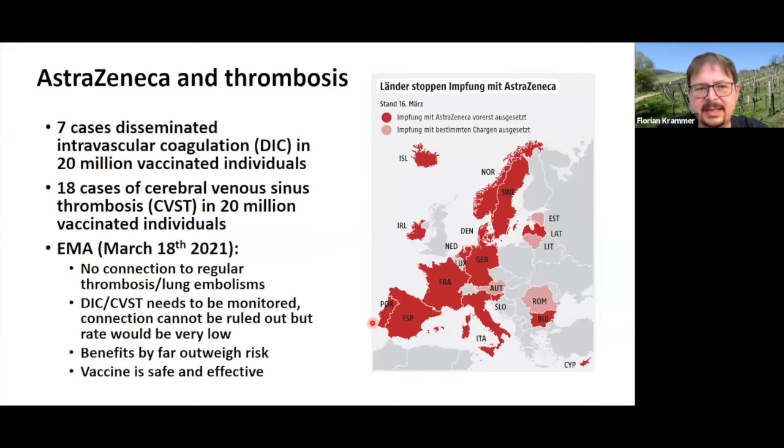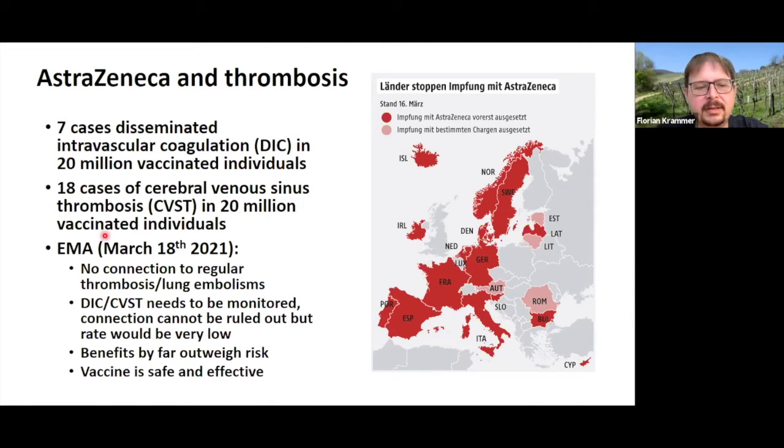And the last side effects that were seen or were discussed, because we still don't know if they are even connected with the vaccine, are the side effects that were seen with AstraZeneca and thrombosis. When the AstraZeneca vaccine was rolled out in Europe, they found 7 cases of what they call disseminated intravascular coagulation in 20 million vaccinated individuals, and 18 cases of cerebral venous sinus thrombosis, or CVST, in 20 million vaccinated individuals. And those rates are a little bit higher than what you would usually see, and so they started an